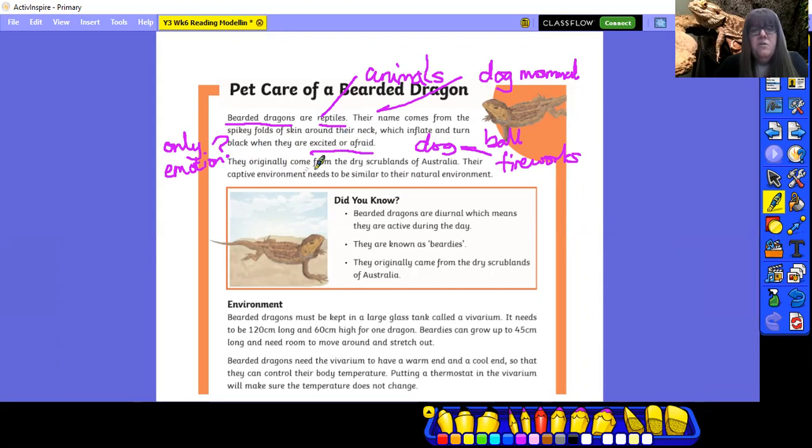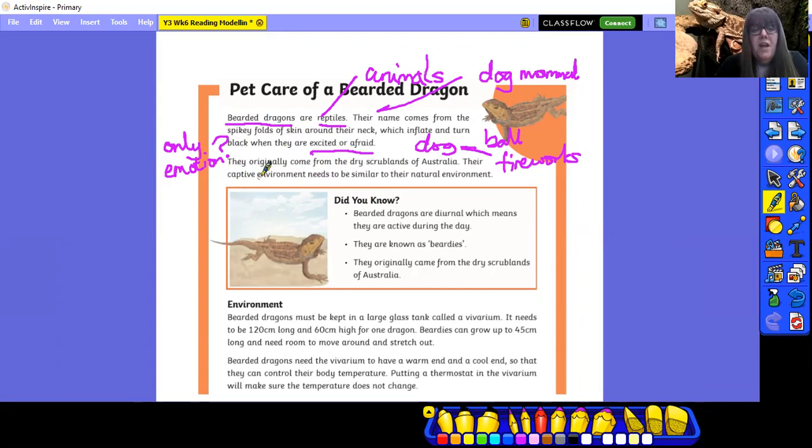Does it not feel tired? Does it, as an animal, feel unhappy? Is it only the skin moving when it's excited or afraid? What does it do when it's the other emotions then? That's a question that I bring to that text. It's made me think about it, and I asked myself this question in my head. So when we read a think aloud, we look at the text and we think about these things from our